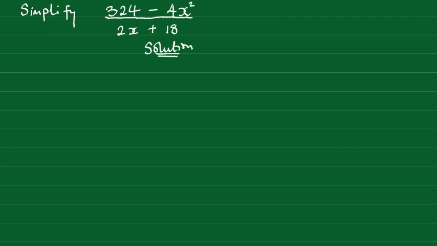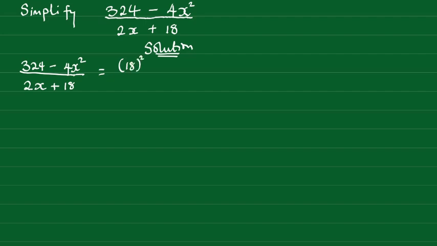Then we note this before we continue, that our numerator is a difference of two square expression. This is because 324 is equal to 18 squared. Having these at the back of our minds, we proceed as follows to write out our expression: 324 minus 4x squared, all divided by 2x plus 18. Now this is equal to, bracket open, we have 18